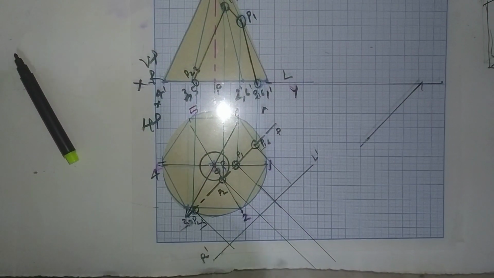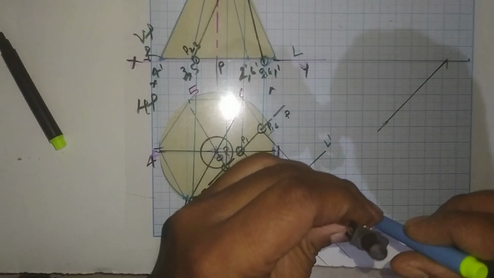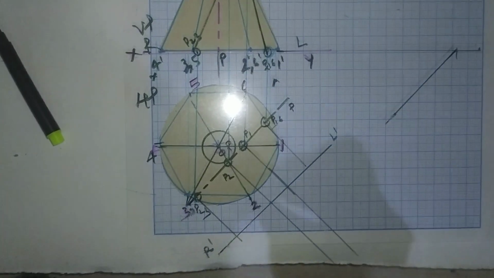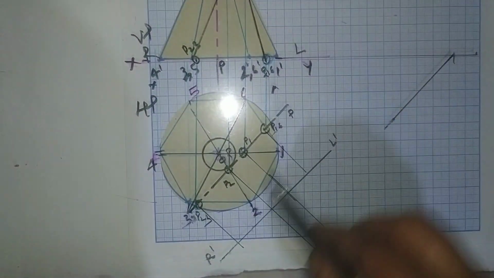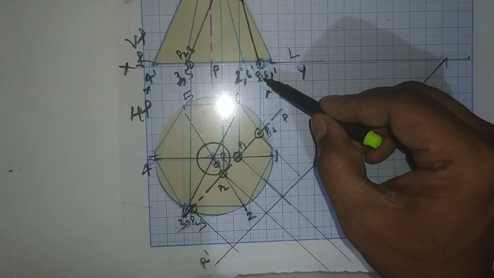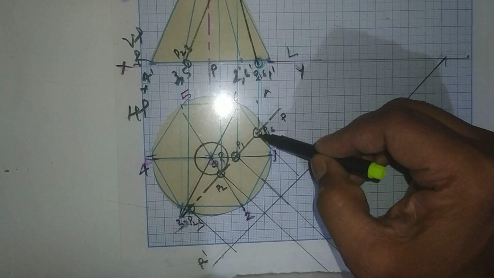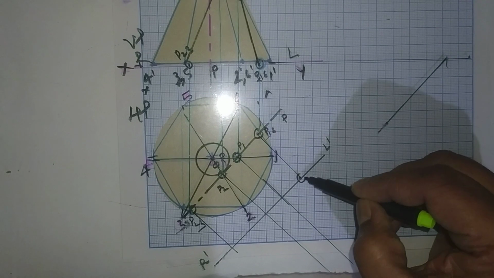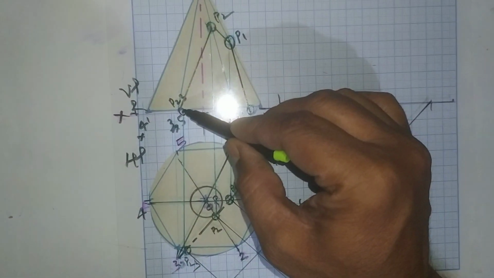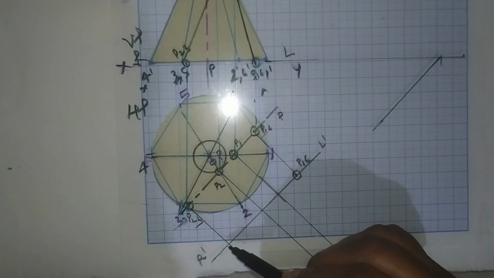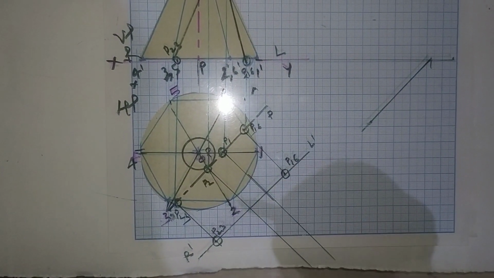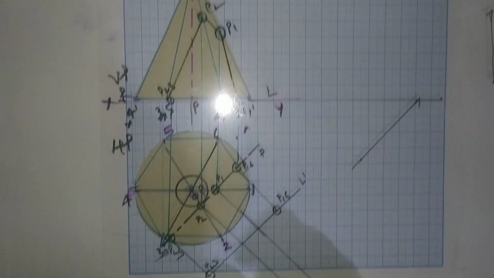Now take the distance. Observe very carefully how to take the distance. This is the RL line, this is the R dash L dash line. This is the point P16, which lies on RL, so I will name it P16. This is the point P23, and it is also lying on RL. Now we have to take the vertical distance.